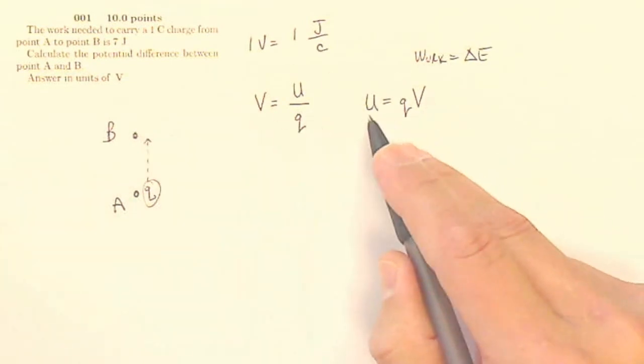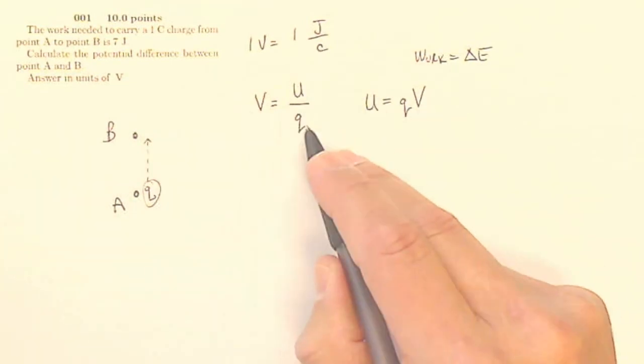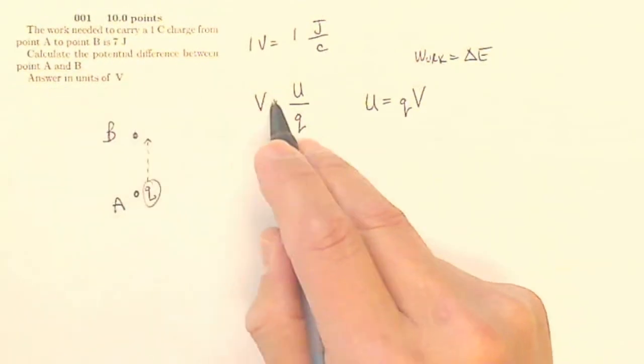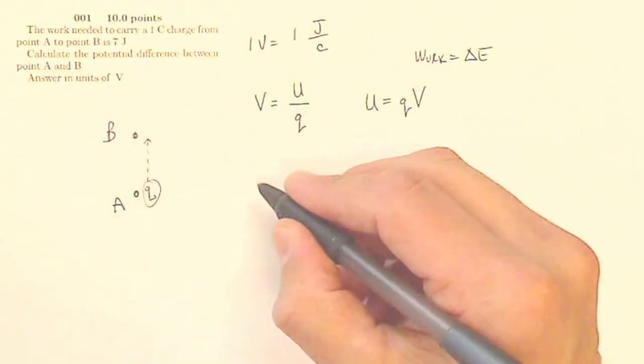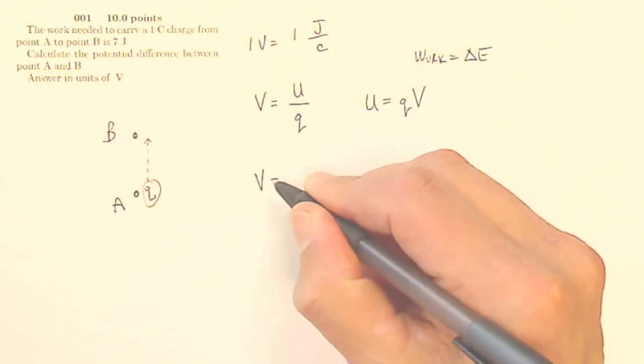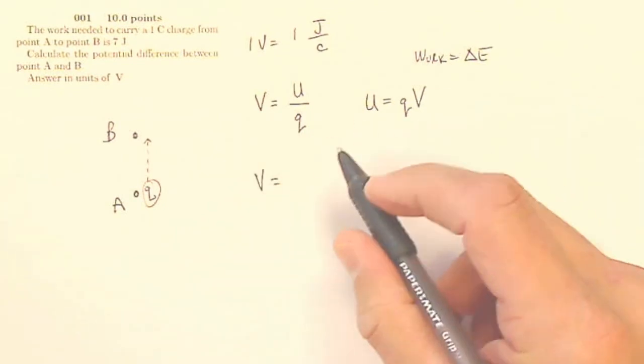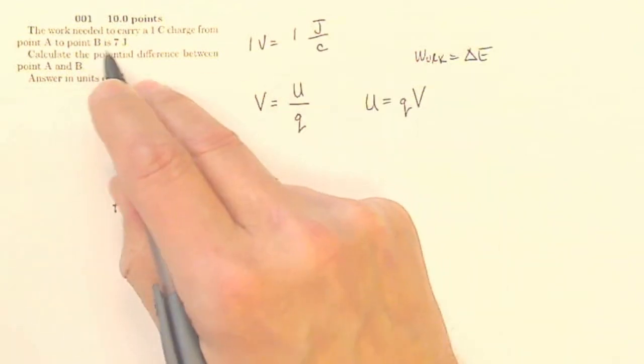So using these equations, U is QV or V is U over Q, I want to calculate the potential difference between point A and point B. That's V, so it's going to be U divided by Q. So my potential difference is V. That's really my delta V, but I'm going to leave it as V, equals my U, my amount of energy, which is 7 joules,